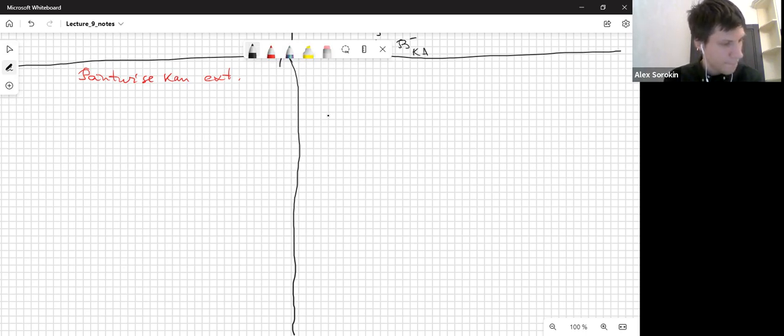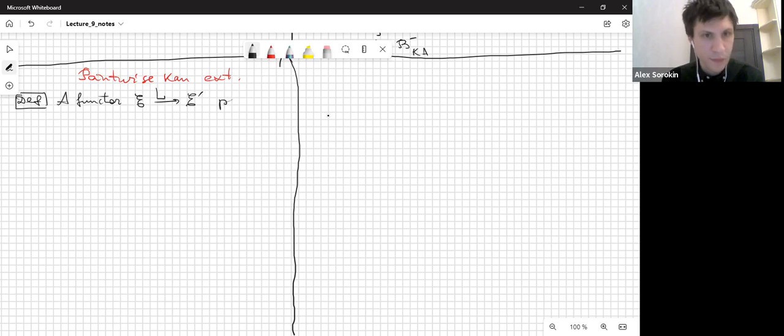And we will start with the following definition. Okay. Definition. A functor from E to E prime called L preserves left Kan extension if every diagram,